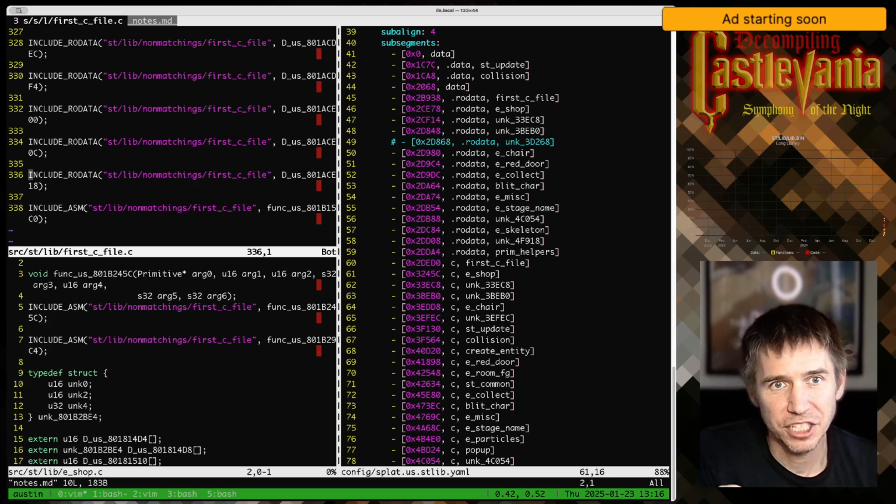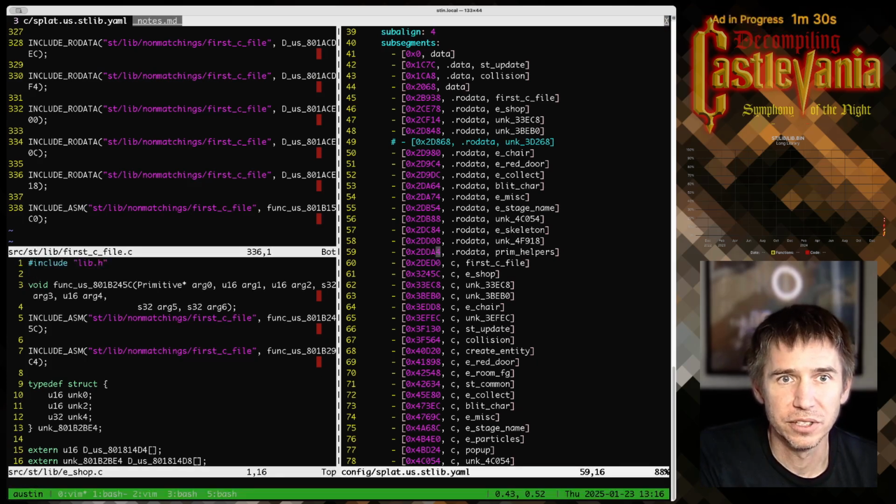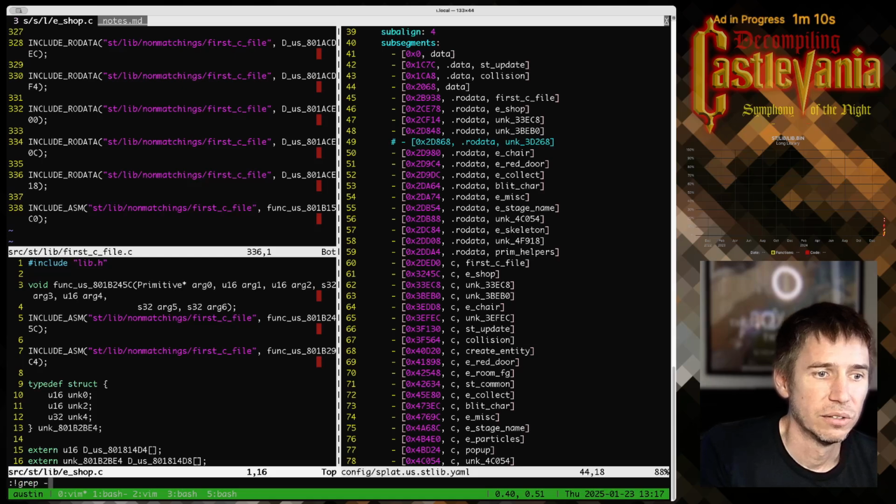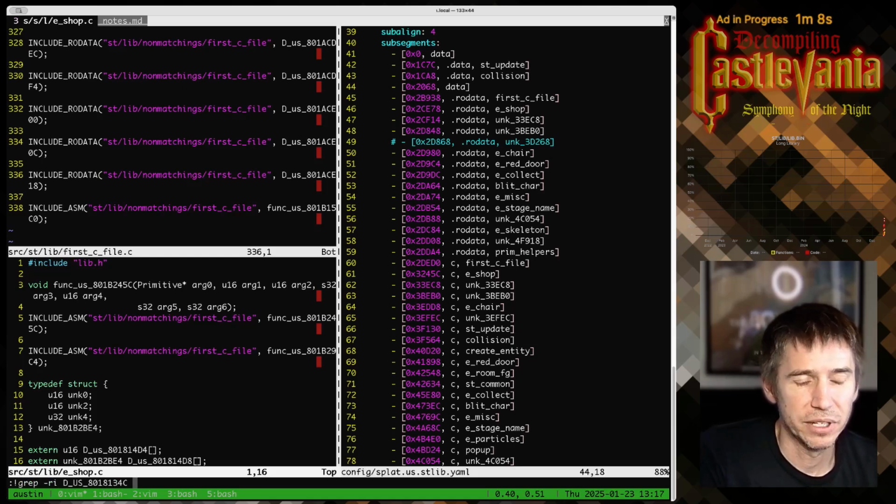So the section that's missing and that has largely been ignored up until this point is the data segment. Data without a dot in front of it is going to be pulling from the extracted assembly. Data with a dot in front of it is going to be pulling from the C file. And we want to get our data eventually from the C file. And to do that, we need to find the offset of the data related to the shop. And temporarily, we're just going to split that segment for the shop and then slowly bring that data in piece by piece. And so I'm going to look for